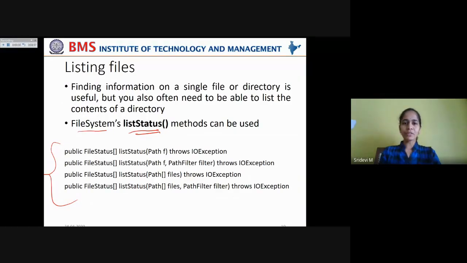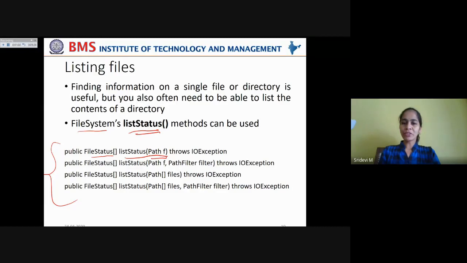The first version is listStatus of a path to a single file, but if there are multiple paths, it may return an array of FileStatus. Because you are taking a single file here, this single file has many parameters like replication factor, block size, permissions, owner of the file, and group of the file to which it belongs.